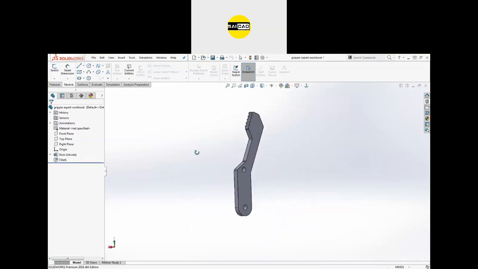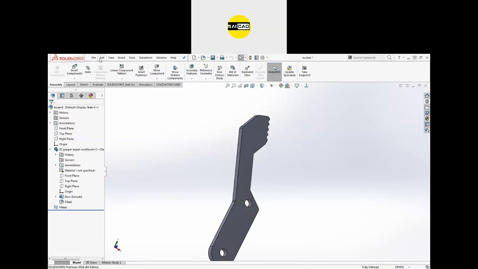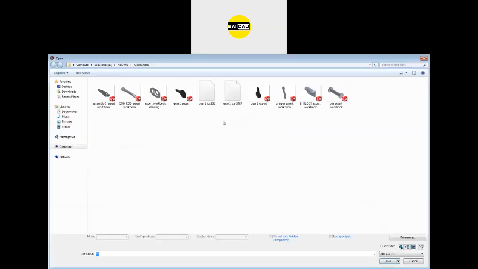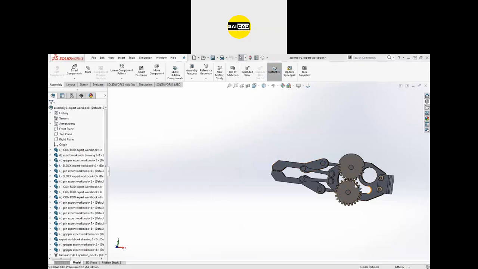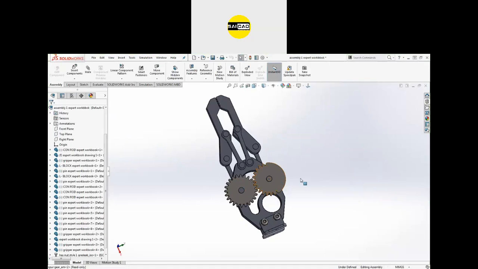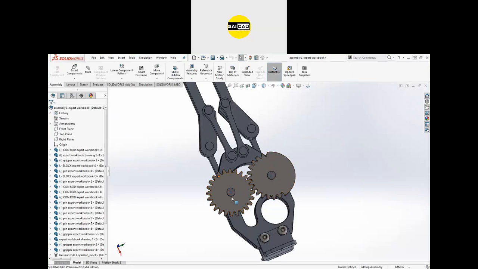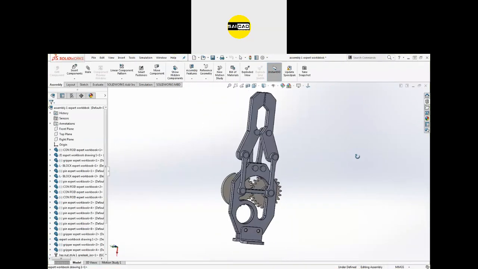Okay, so this is the part you have to work on. I already have an assembly here, so I'm going to open that directly as an assembly. If you see here, we will get an error if you directly edit the gear. The gear will automatically roll back to its previous state, like this one, and here is this one. We don't have the handles that are going to connect here, so that will be the problem in this case.